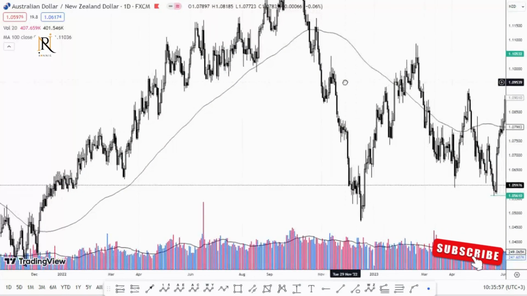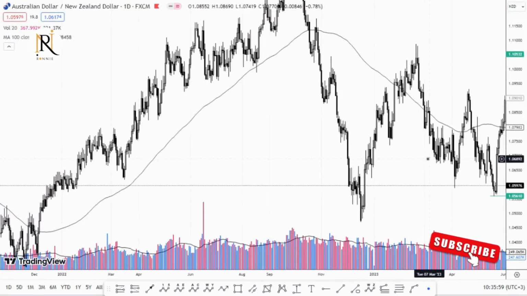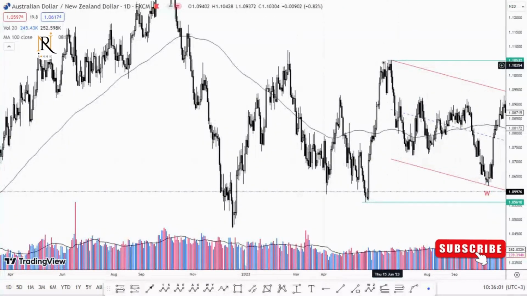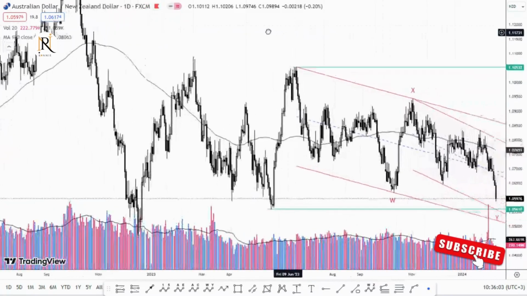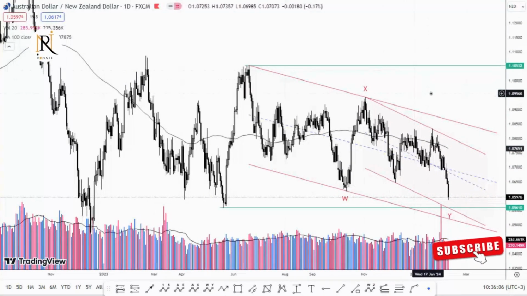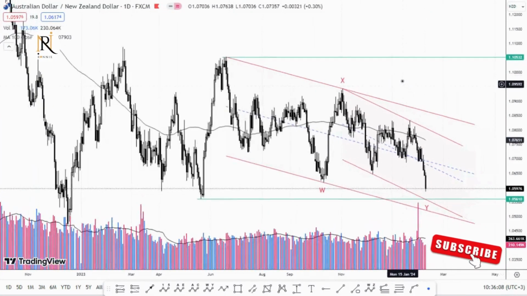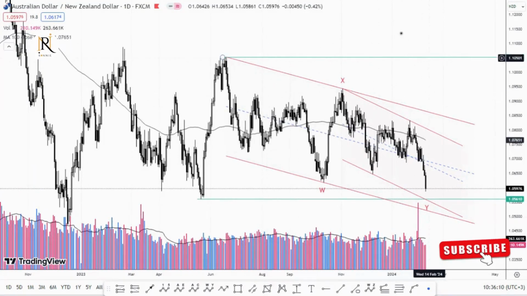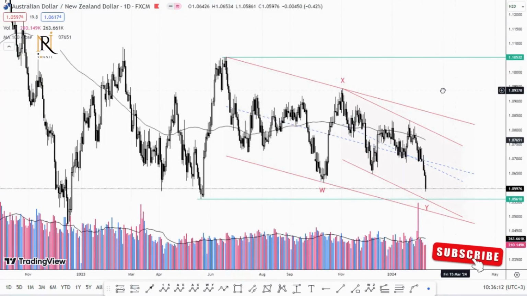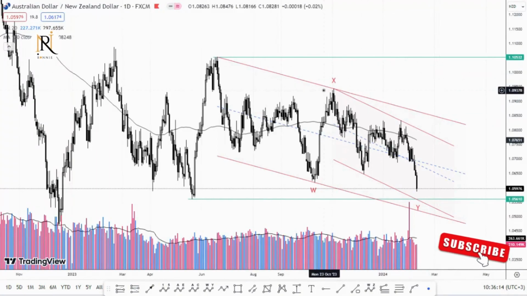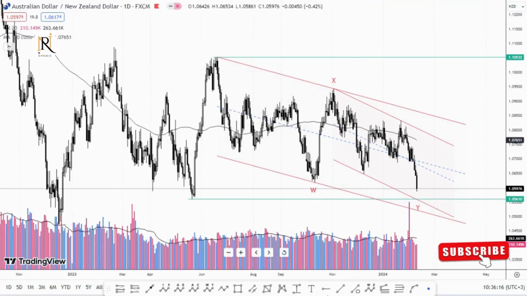Australian dollar, New Zealand dollar, that is AUDNZD. So if you look at AUDNZD, this is in terms of a daily time frame. The most important aspect of this currency pair, the reason why I'm choosing this currency pair, is because of the structure, which we can clearly see